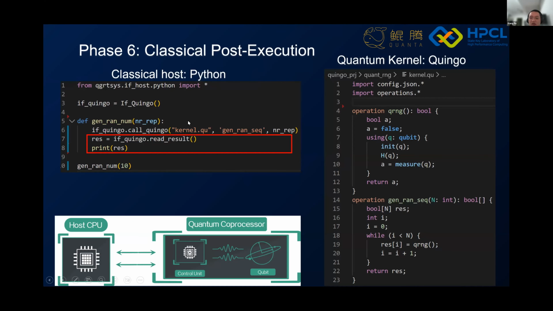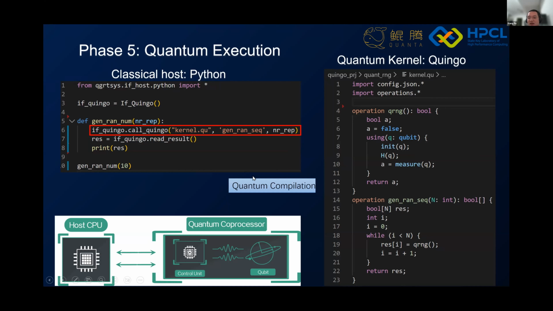And there is a question: why do we do quantum compilation just before the quantum execution instead of doing quantum compilation before the entire execution?